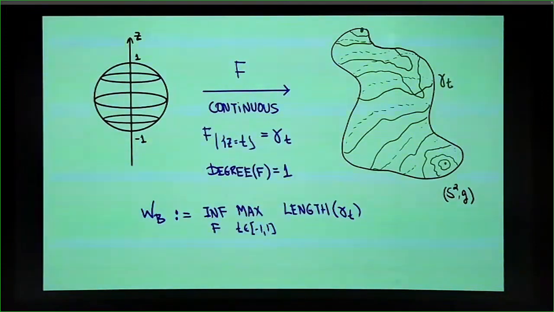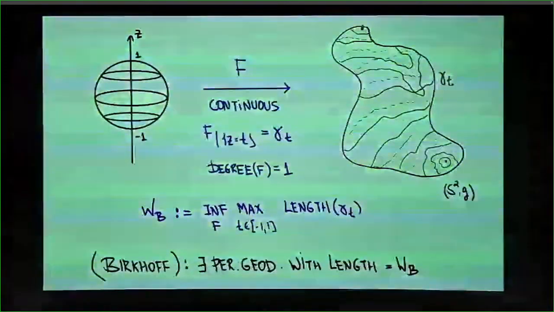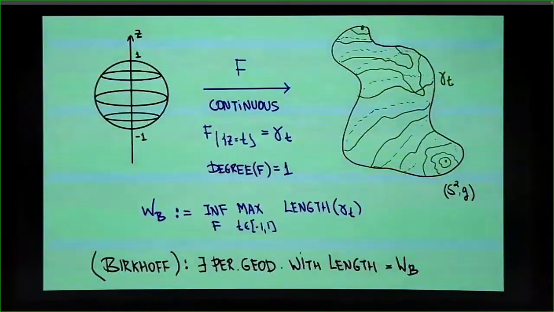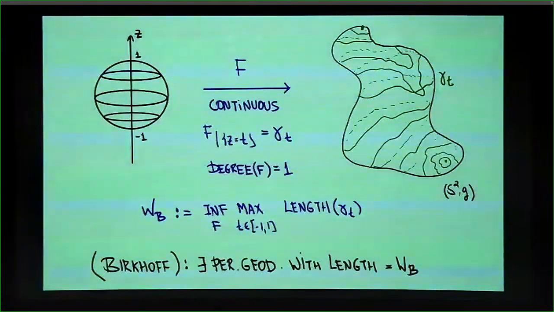Okay, and what's the final result? What Birkhoff actually proved was that this number is positive and that it is realized as the length of a periodic geodesic. Okay? By the way, to see that this number is positive, there is a very nice geometric argument, which is the following. So notice that as we go from -1 to 1 here,